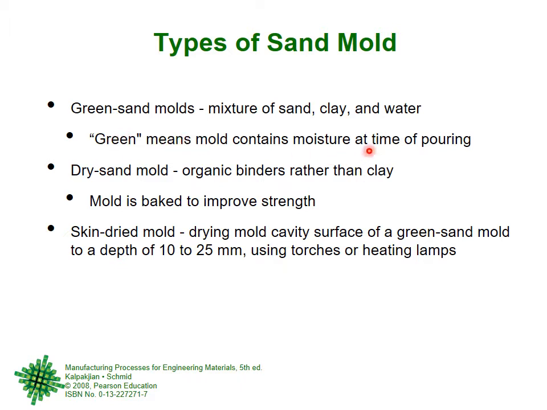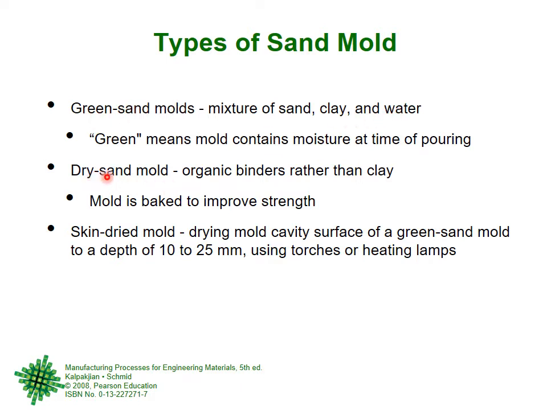If there is almost no moisture, then it is not green. I'll not go into the linguistics. If you go to the dictionary and ask for the meanings of green, you will see that green is not just the color green. For example, the environmental movement is called the green movement, but green also has another meaning. It is from there that it means not completely dry. So a green sand mold is one that has some moisture in it.